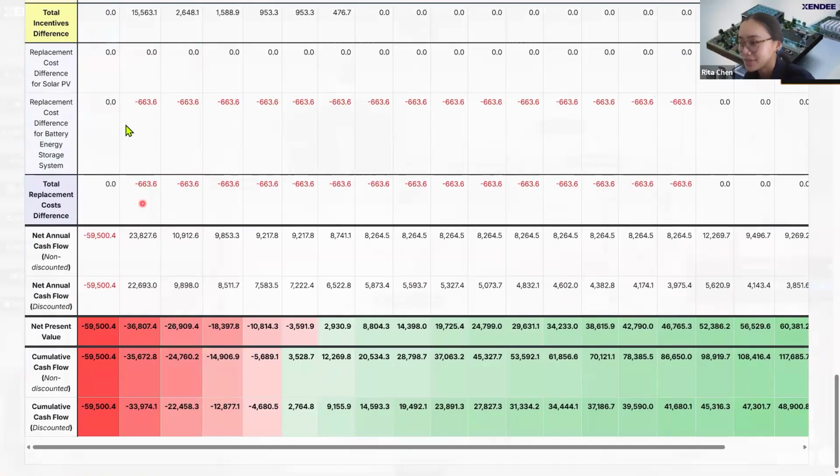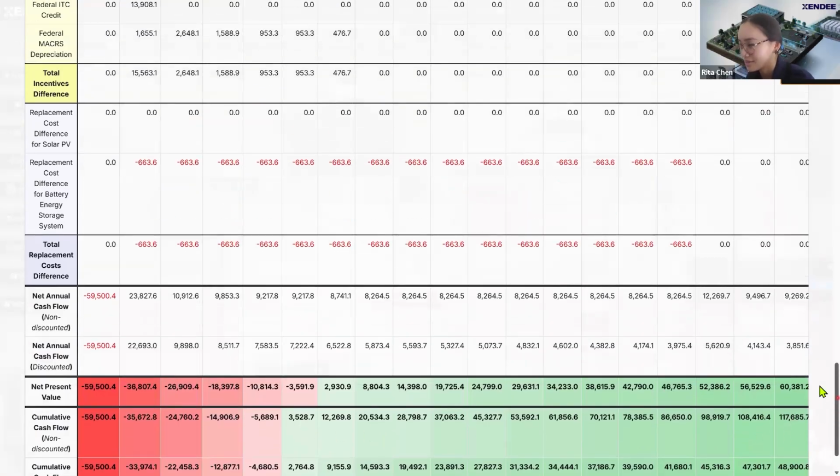So, same items, and then down below, when you sum everything up, this is where you're going to get your net present value at every year, as well as the cumulative cash flow, non-discounted and discounted. And remember when we were talking about payback and break even earlier in the rule of thumb, how you determine each? This is where you would do that. So the payback year is the last negative year. If we go from the right-hand side to the last negative year, that's going to be this year, which is,